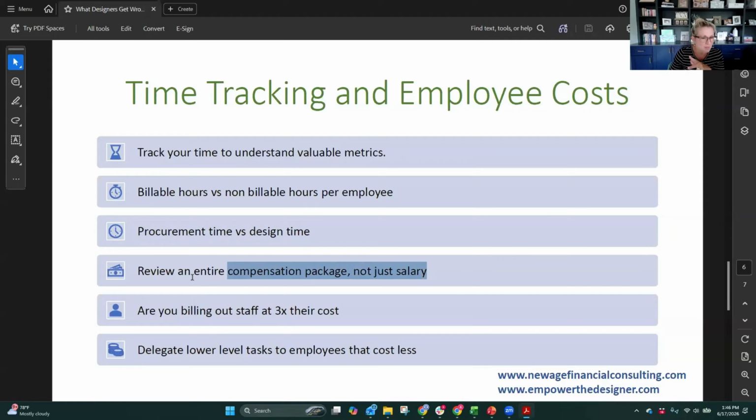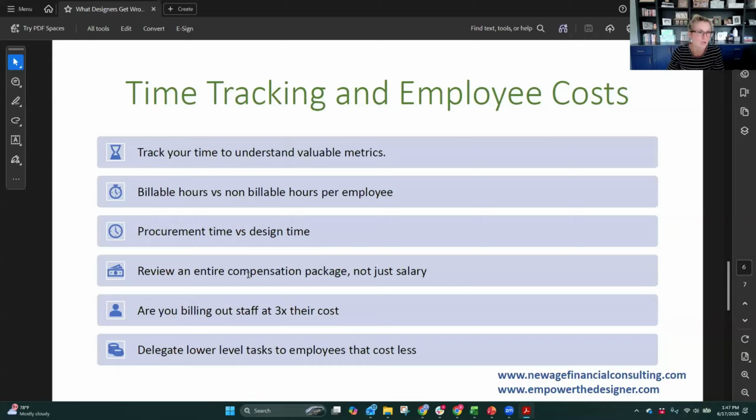Again, we spoke about this a little bit, but when you're reviewing your margins, review comp packages. If that's not something you've put together, put a quick Excel chart together. We put together salary charts all the time. A salary chart is a human and their salary, so how much are you paying them, and then all of the additional extras, which can vary. Employer taxes are in there, and benefits are in there, and benefits can include a cell phone reimbursement. Do you pay one or not? Somebody's getting that money, and that's coming out of your bottom line.